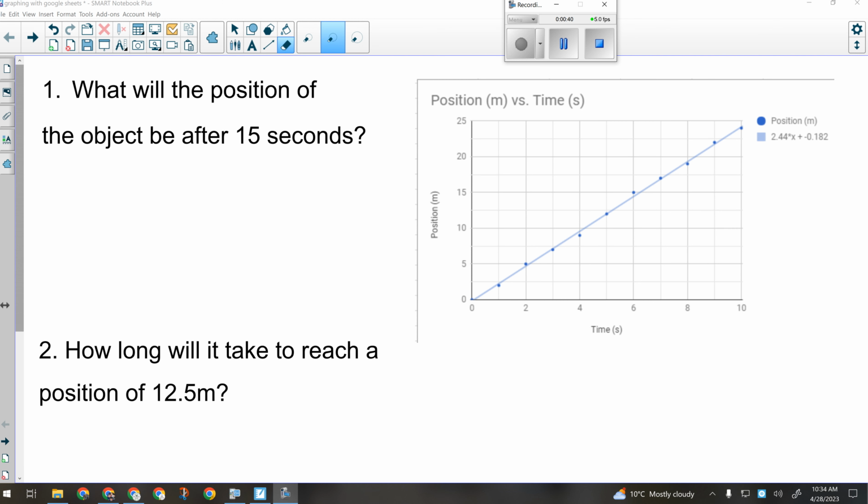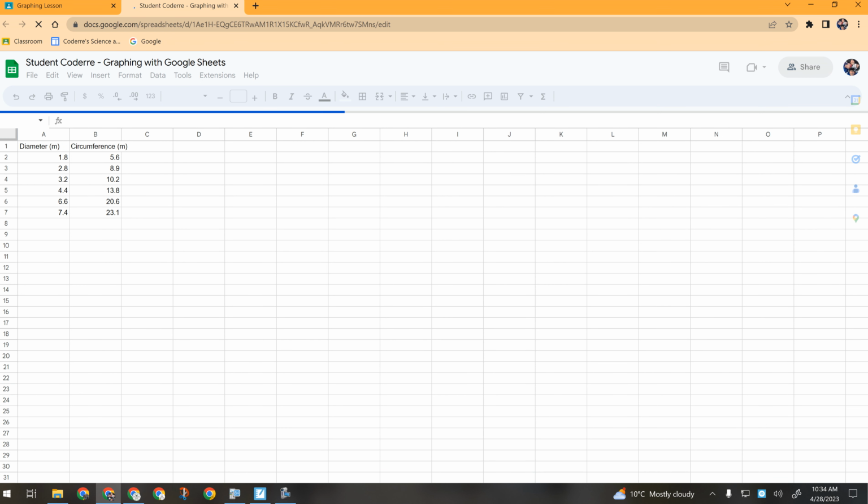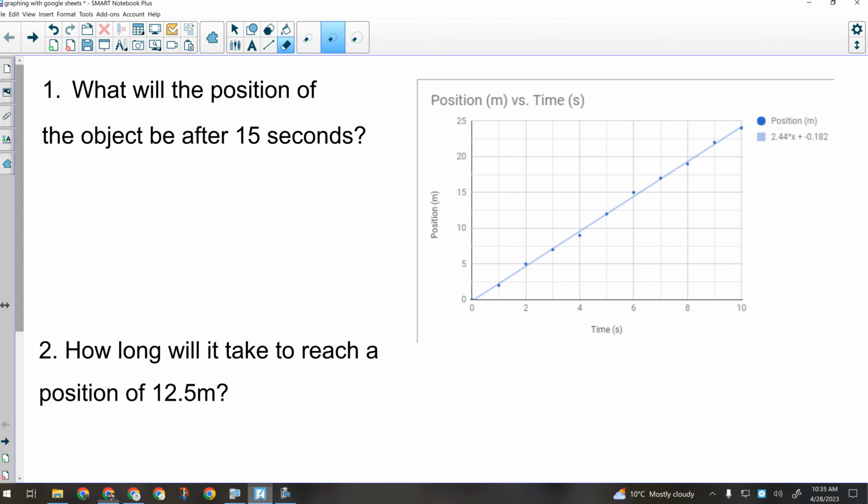So what you have is this graphing lesson here, and there's a Google Sheet with your name on it. I want you to just open that sheet up. In there you'll see a few different sheets that have different things that we want to graph on them. So we're going to run through how that graphing stuff works and then go from there. Now, before we get to that,